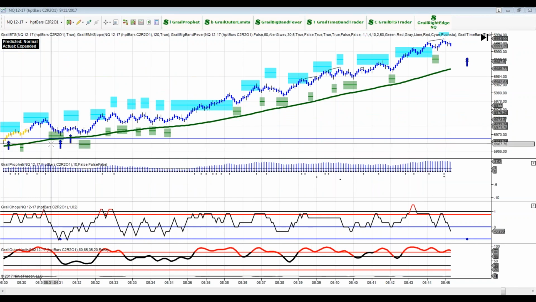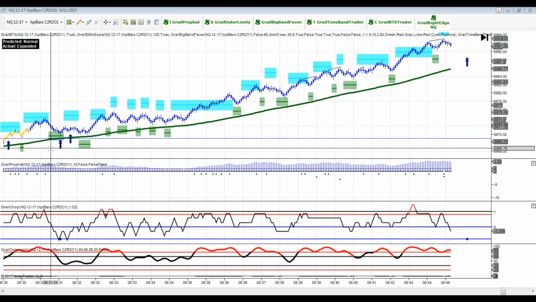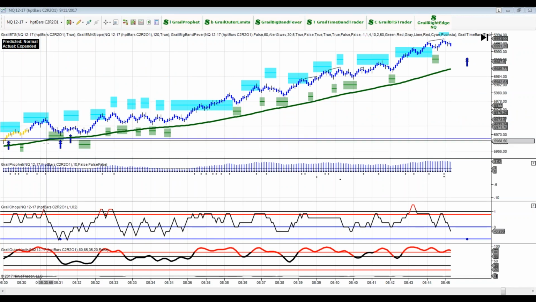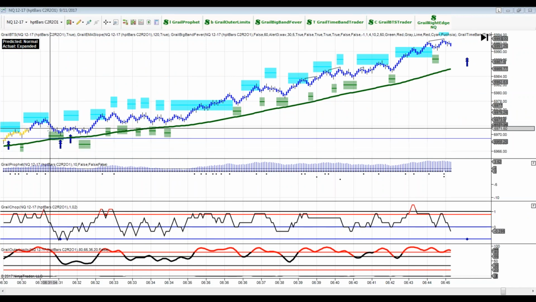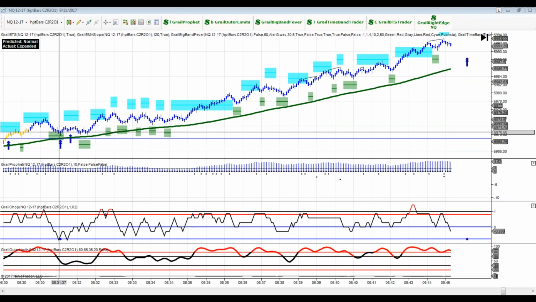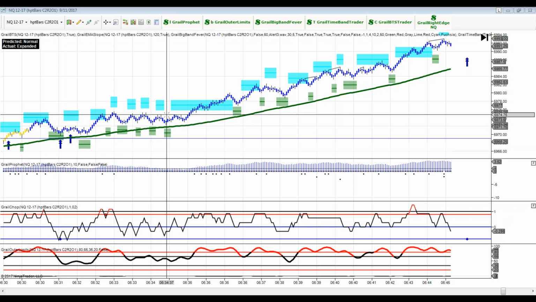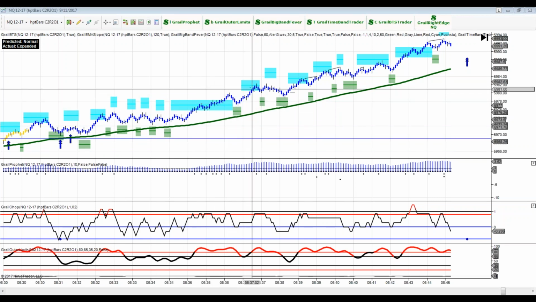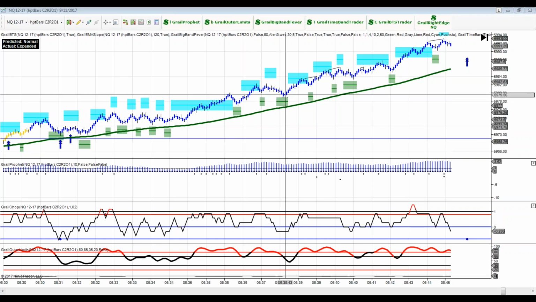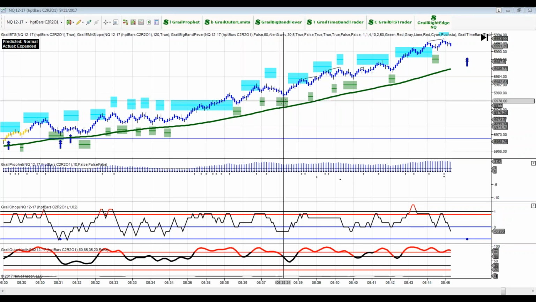So if we come back to where we started this analysis right after the open in the Nasdaq, if you recall, at the beginning of this video, this was your Grail 2 entry. Now, a lot of times in a very strong market, as this was, the Nasdaq started to take off and trade through. There'll be a lot of times when we can come down to the right edge box, the Grail right edge box. We haven't gone deep enough to get a Grail 2 entry, but we come down,